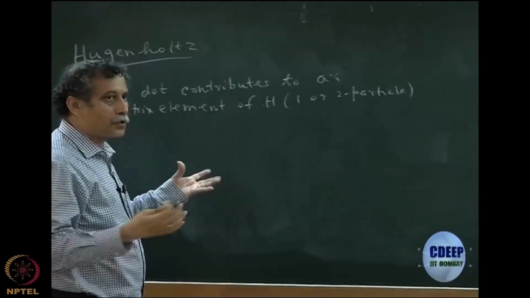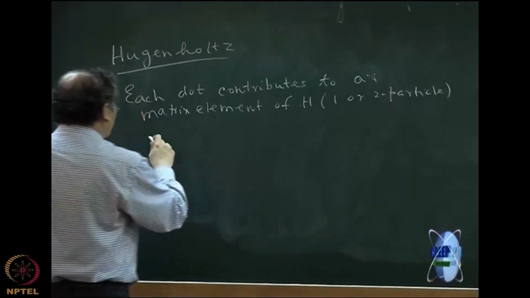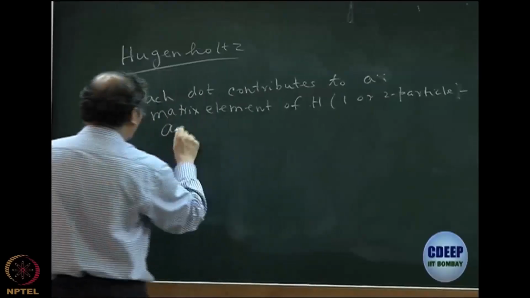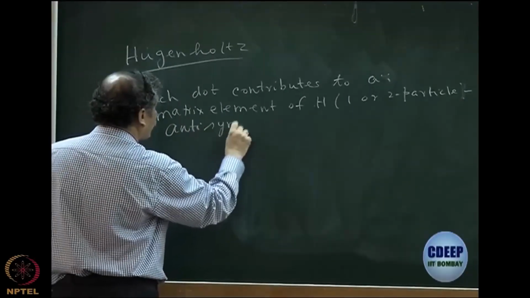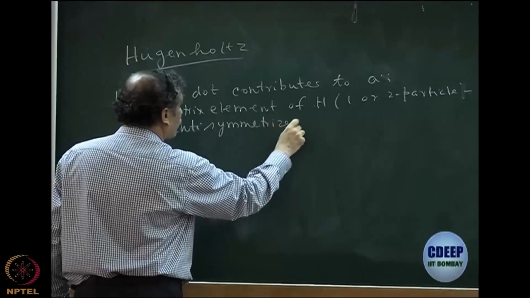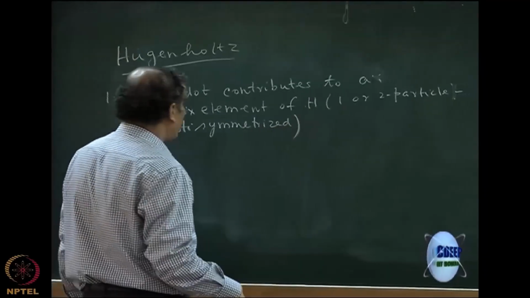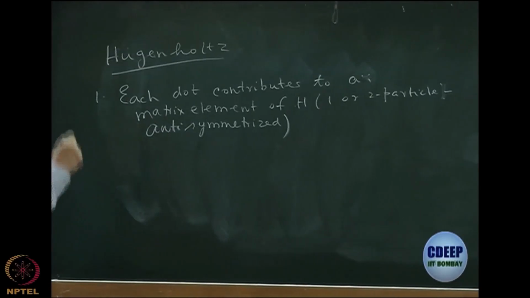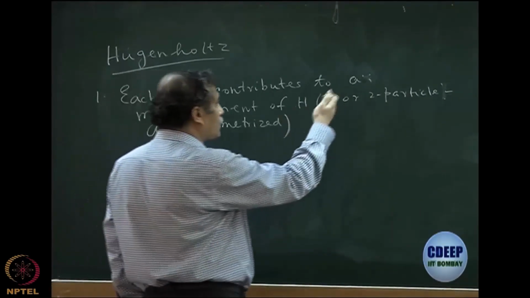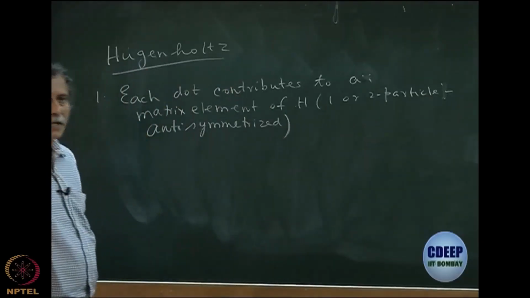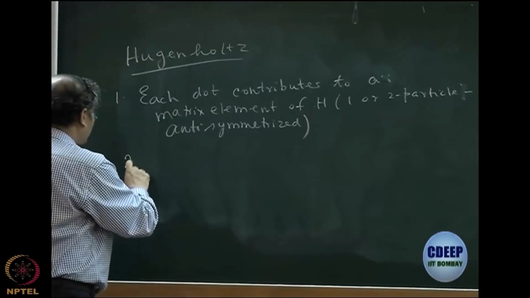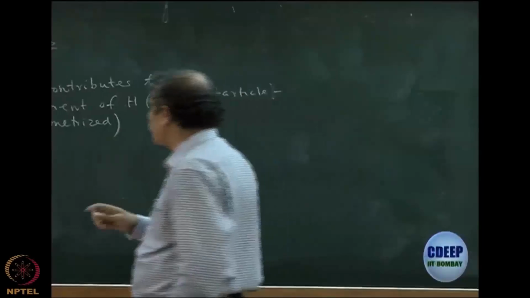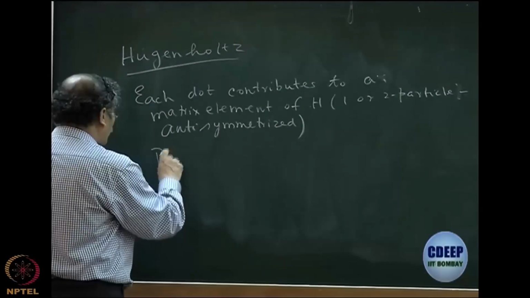So basically, two particle means two electron integral, and if it is two particle, then it is antisymmetrized. Okay. So for each of these, either F or V, there is a dot. V essentially is of course again two particle minus one particle. So one particle doesn't contribute, so basically two particle. Then the second is that all these dots have to be joined. So the question is how many dots are there? So the perturbation order